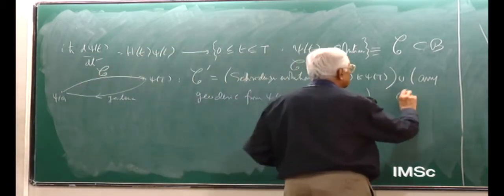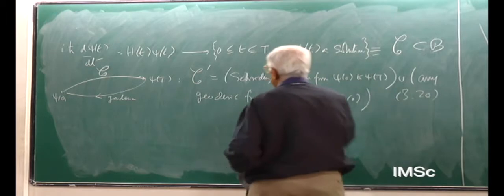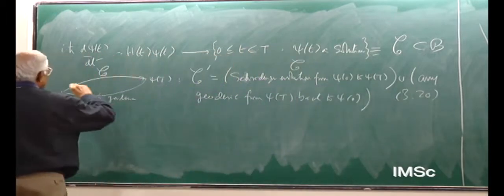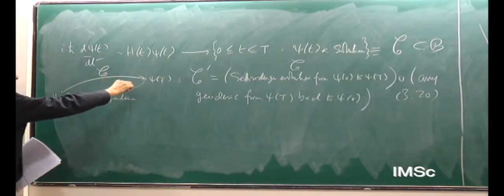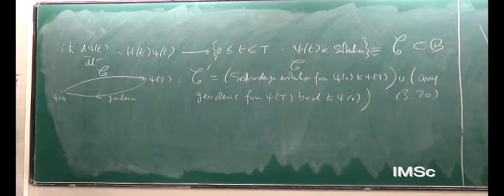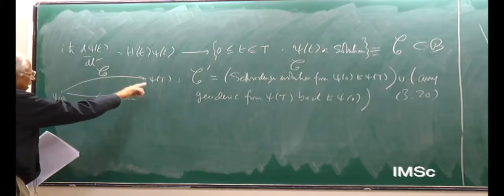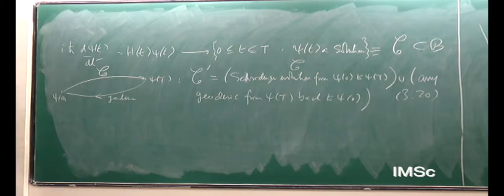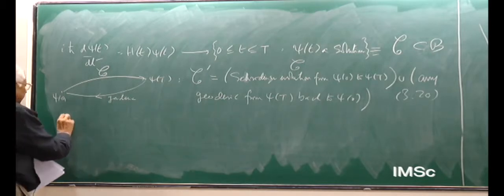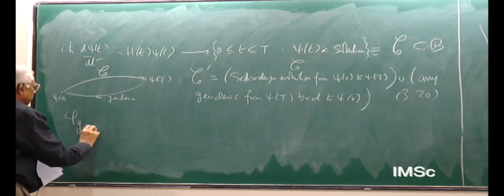So this is a prescription. Then you see this C prime is this fellow followed by the return path. It is the return that has to be geodesic. It is the forward which is Schrodinger evolution. So C prime is a closed loop in Hilbert space, and they then use this construction to say